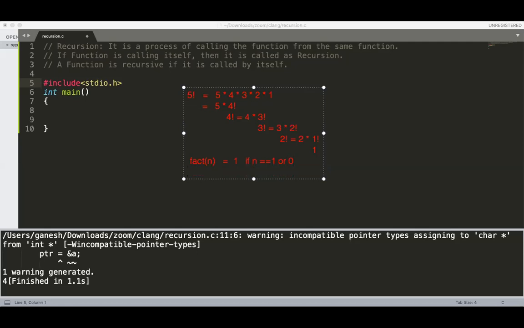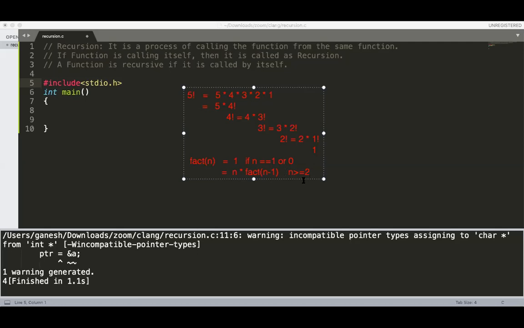Otherwise the formula becomes fact of n is equal to n multiplied by fact of n minus 1. This is for n greater than or equal to 2. If it is greater than or equal to 2, then only we apply this formula.